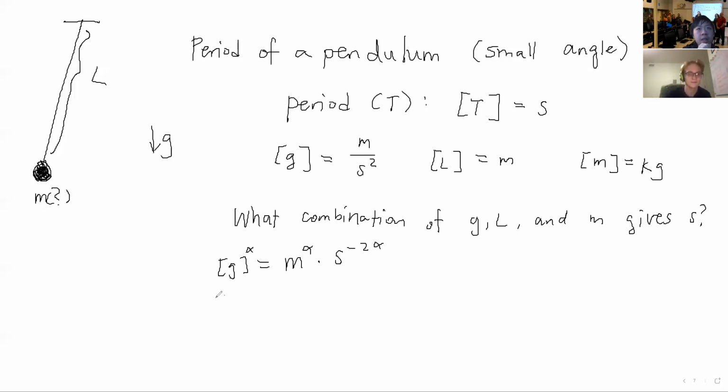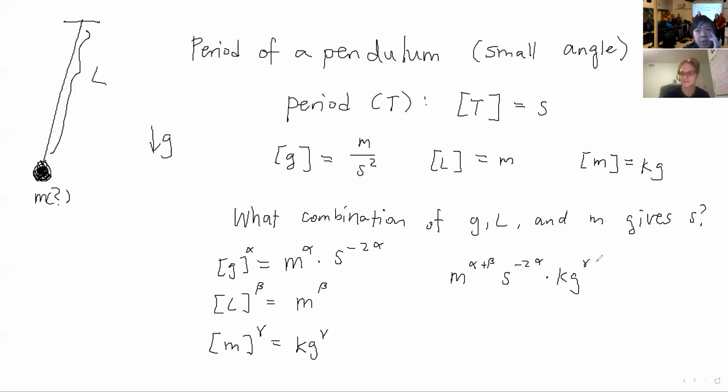And then L to the beta is equal to meters to the beta. And then the mass to the gamma is equal to kilograms to the gamma. When you multiply all these together, you get meters to the alpha plus beta times seconds to the negative 2 alpha times kilograms to the gamma is equal to,